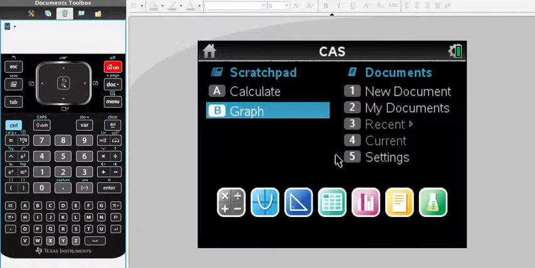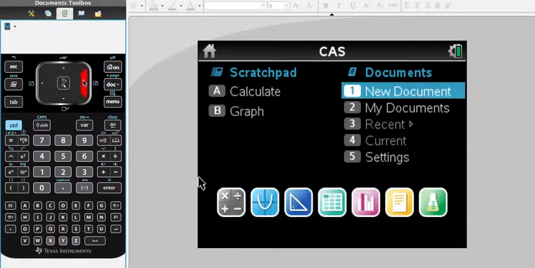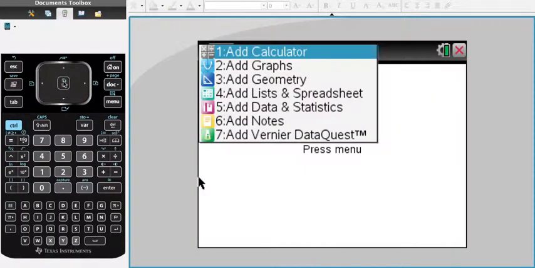Alright, so now the other part that I haven't really talked about yet is documents. Documents are great if you want to save something more long term, or if you're going to use it again, or if you need to make a list like an Excel spreadsheet. So we can start a new document by pushing 1 or clicking on this here,